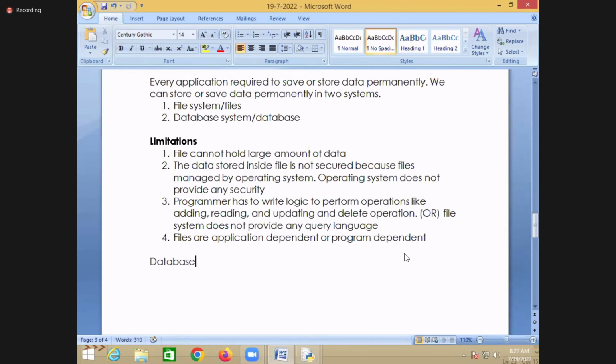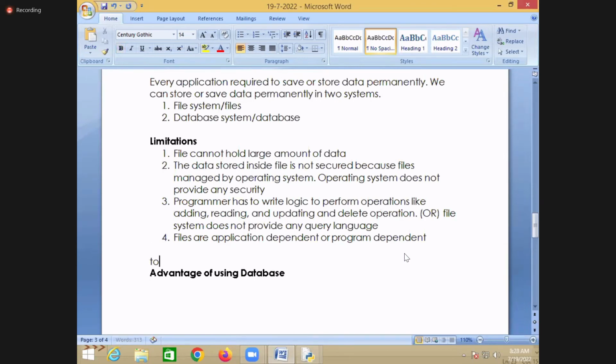Because of that, you are moving to the database. So what is the advantage of using a database?